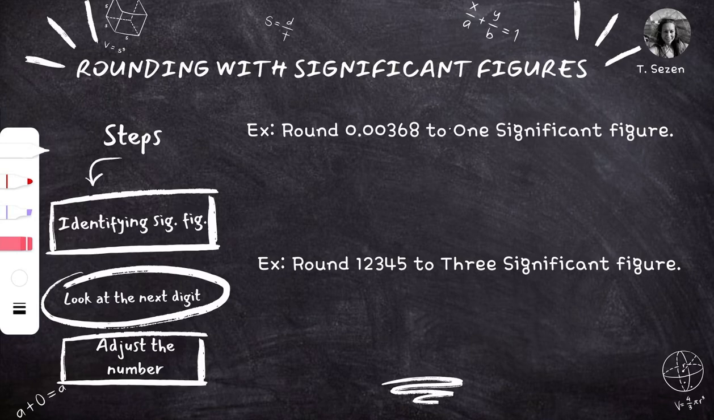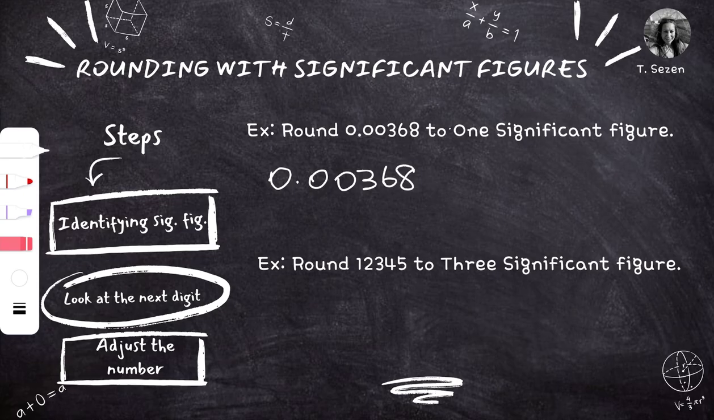In this video, I will guide you through the process of rounding numbers to the correct number of significant figures using two examples. Let's round 0.00368 to one significant figure. Here is how to do it step by step. First, we identify the significant figures and determine how many we need to keep. So our number is